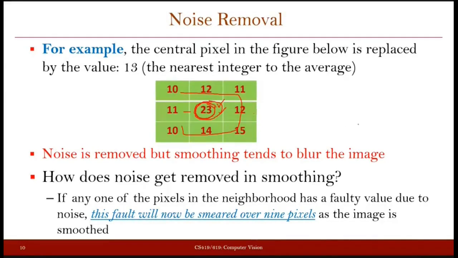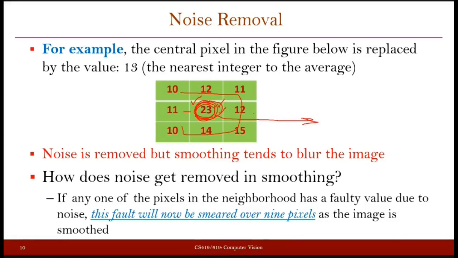In the case of averaging, if your central pixel has a very high value, after averaging its value is going to reduce. And if it has a very low value, after averaging it is going to increase. I'm saying this because after performing the averaging operation by considering a small neighborhood, which pixel is going to change its intensity? The pixel which is at the center, right? We are going to compute a new value for the central pixel. So when we operate in this 3x3 small neighborhood and compute the average, that average is going to be assigned to this central pixel.